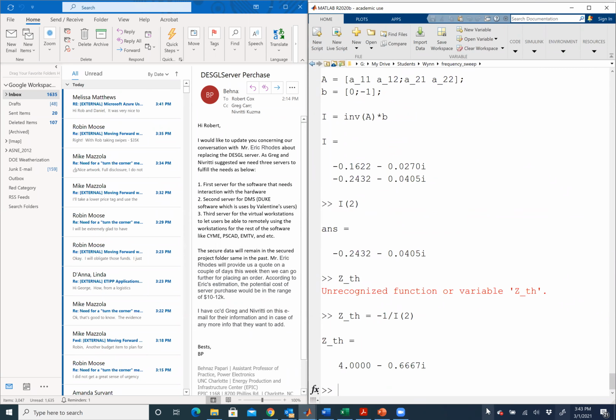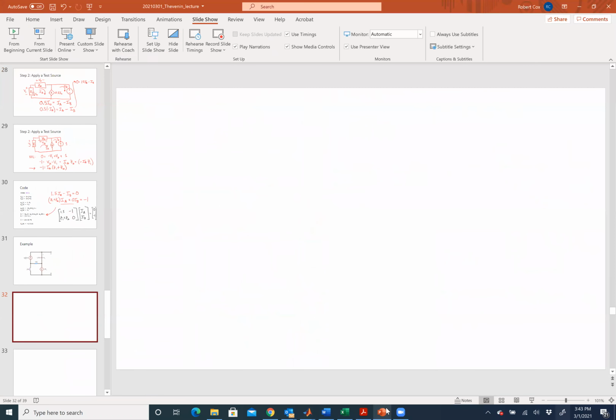Let me ask you this question. Z Thevenin is 4 minus 2/3 J. So if I think about what that is, that would be a 4 ohm resistor. So I got 4 minus J times 2/3. The real part is a resistor, resistors are always real. Capacitors and inductors are the imaginary parts. So if I had minus 2/3 J,